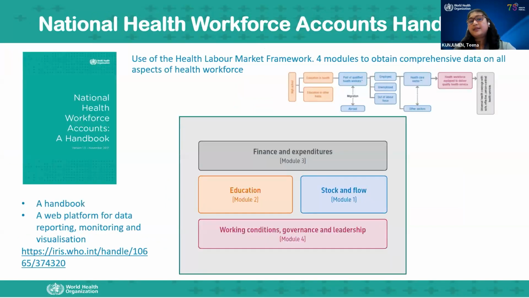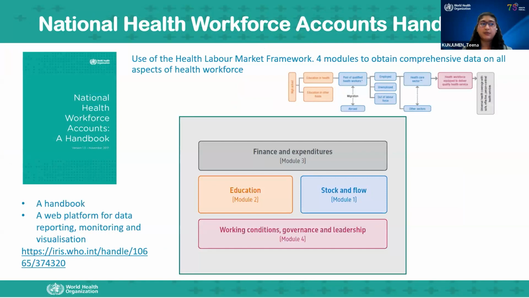The next guidance or tool that we have is a handbook. What you see on the top right is, again, the labor market framework. And the whole handbook, this is version 2. Version 2 is a more streamlined, capsulated form of version 1 based on what we've learned and what we've heard from countries. We have a module on stock and flow, so a set of indicators or data elements